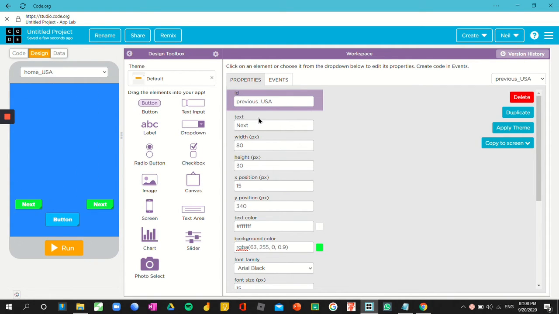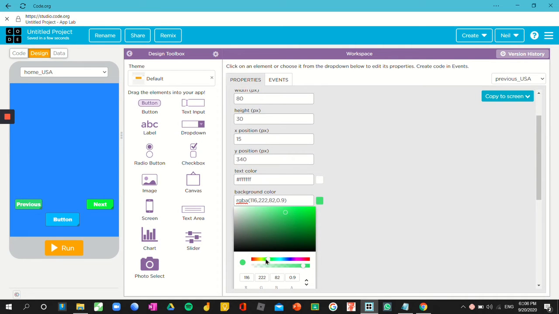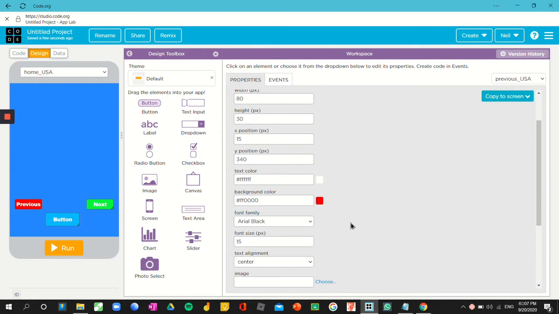And then the text should be obviously previous, and the background color should be red with the most saturation. And yeah, okay, now we're gonna add an image,